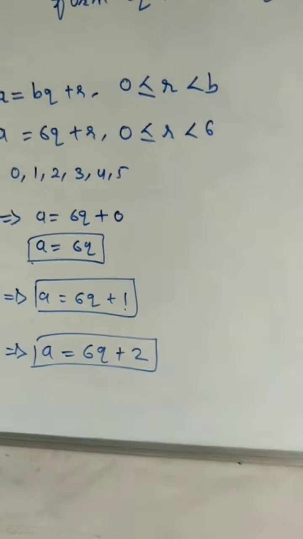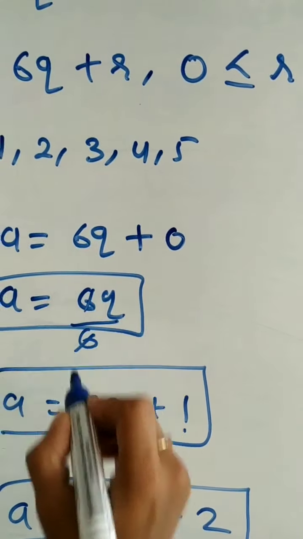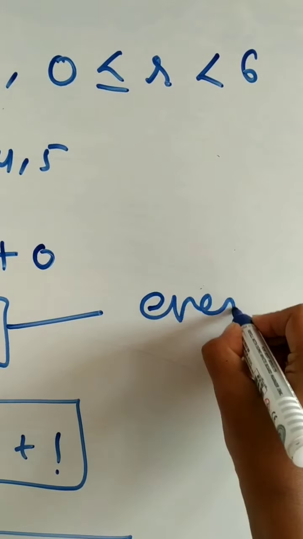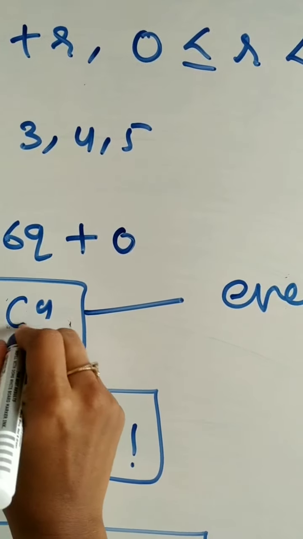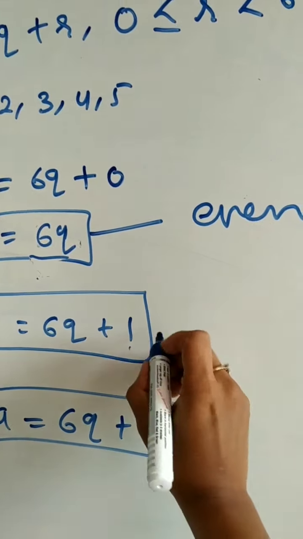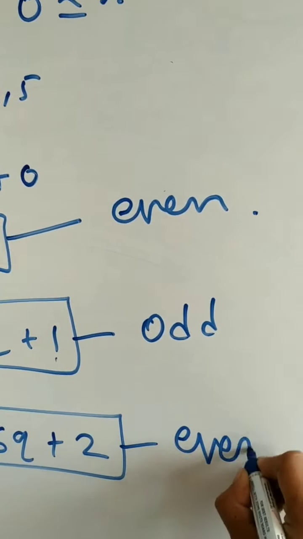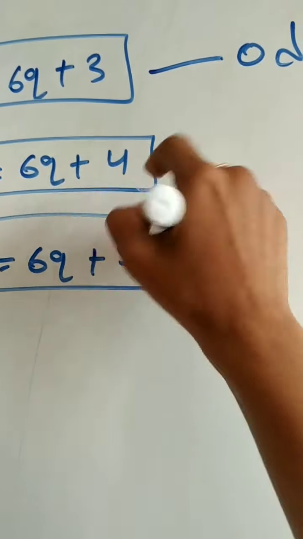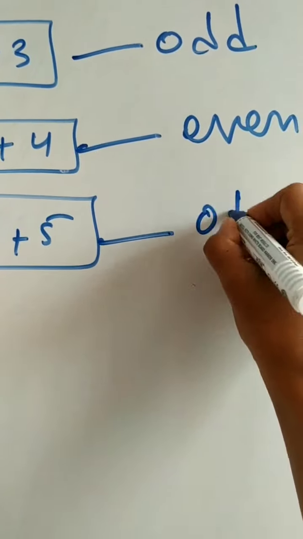So a very simple thing I can tell you: when you divide by b, that is 6, ones are 6, it is divisible, it means this number is even. So when you get the first number as even, the second one, because here is 1, that number could be odd, and this one is even. Simply, plus 3 is odd, plus 4 means even, and this one is odd.